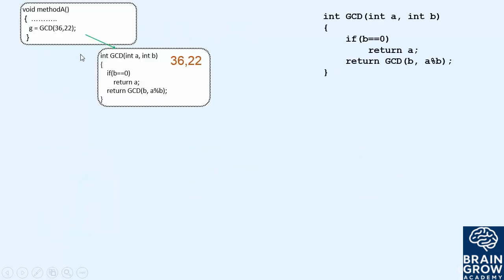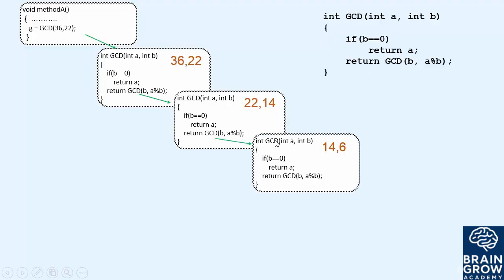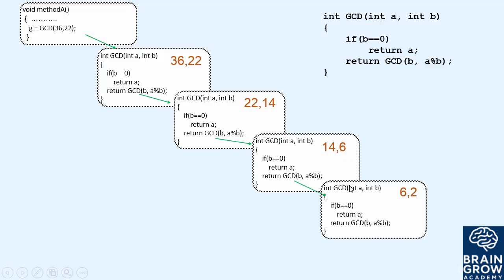In the first call, value of A is 36 and value of B is 22. In the next call, value of A is 22 and value of B is 36 modulus 22, which is 14. In the next call, A is 14 and value of B is 22 modulus 14, which is 6. In the next call, value of A is 6, value of B is 14 modulus 6, which is 2. And in the next call, value of A is 2 and value of B is 6 modulus 2, which is